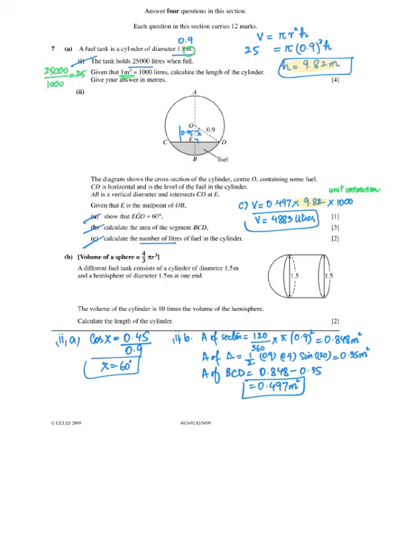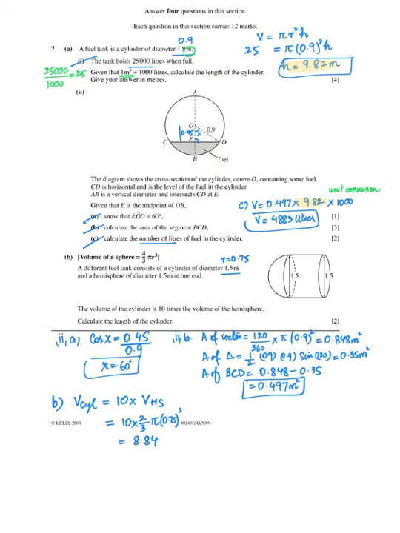Alright, so for part B, the condition we have is the volume of the cylinder is 10 times the volume of the hemisphere. Calculate the length of the cylinder. So the working formula for the volume of a hemisphere is 2 divided by 3 pi r cubed, right? And the value of r we have is half of 1.5. So 1.5 divided by 2 is 0.75. So the radius is 0.75, right? So when you solve it, you will get